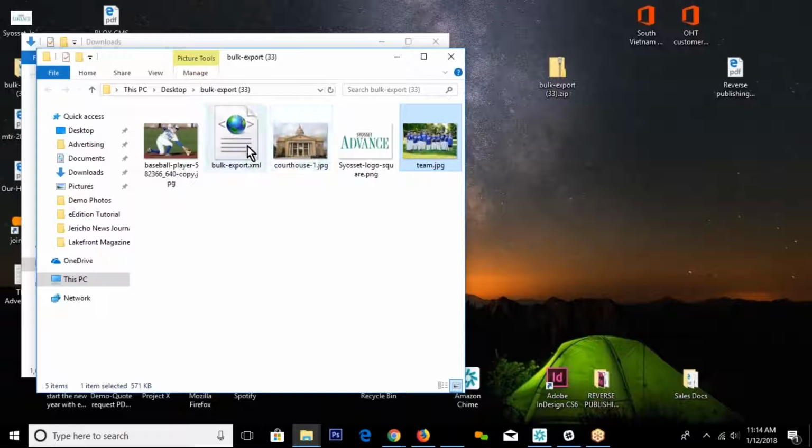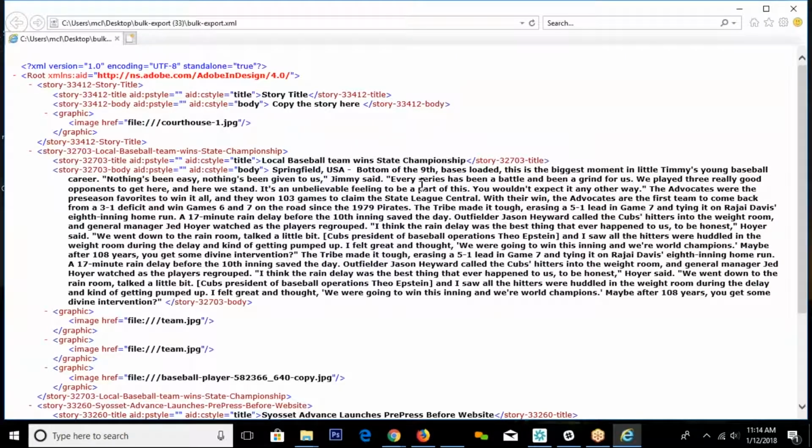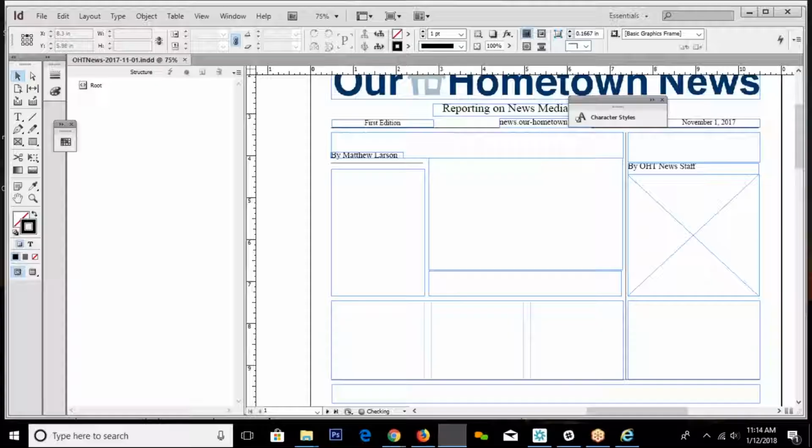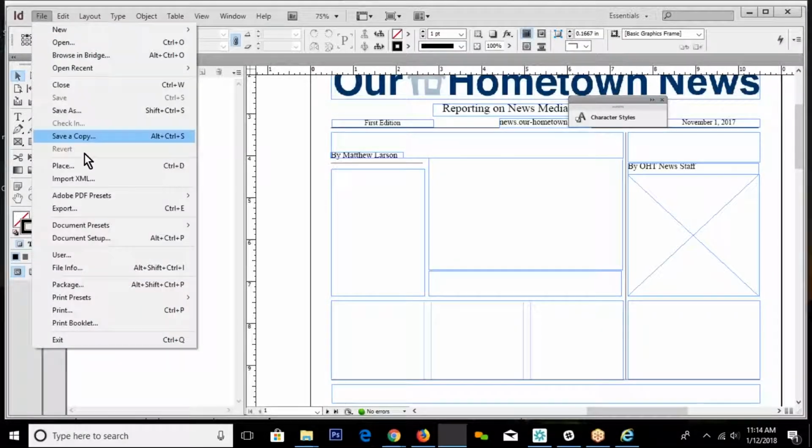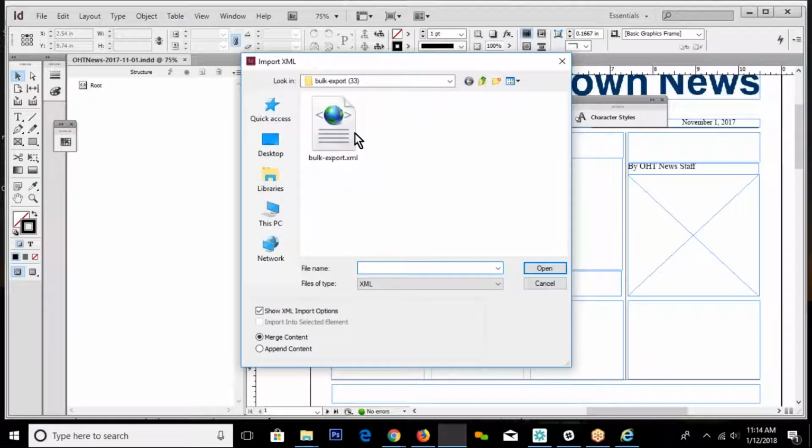Also within that folder is this XML file. So this is basically a structured document. It's that story in a structured format. So everything is tagged. I've got the title here, the body, and title of the next story. It's got the image reference. So now that gives me everything I need to go into InDesign and say import XML, say open, and then